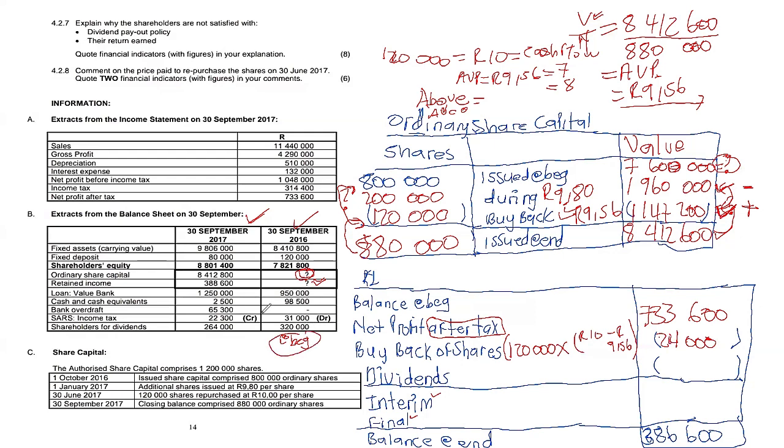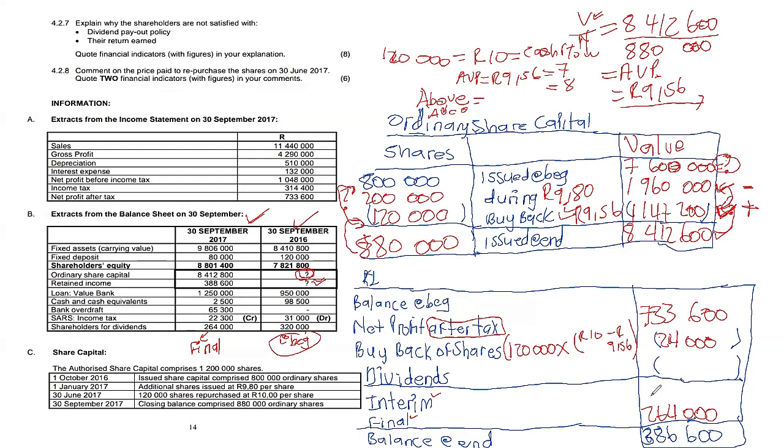This is paid. However, 264,000, it was declared. So meaning you have your final dividend of 264,000 as declared. So now balance at the end of shareholders for dividends, it is classified as your final dividend. So now, meaning our final dividend, it's going to be